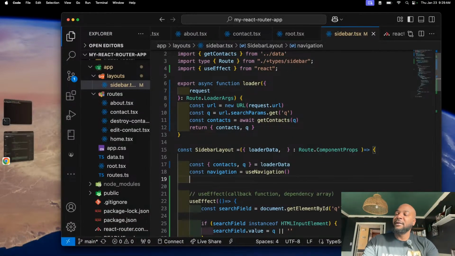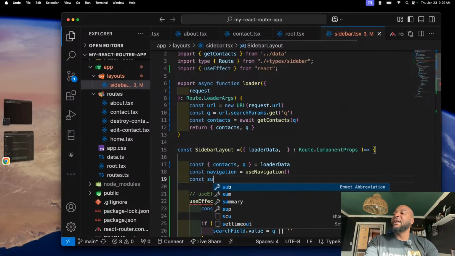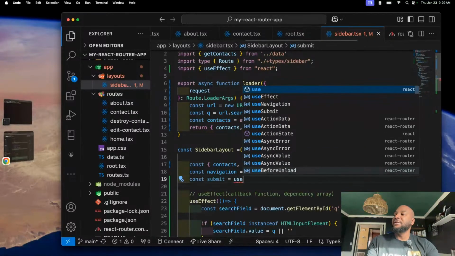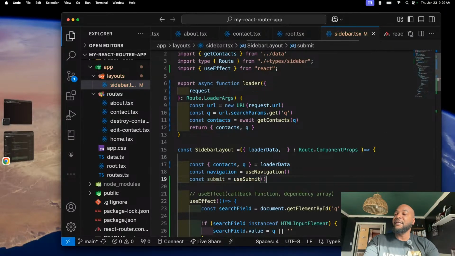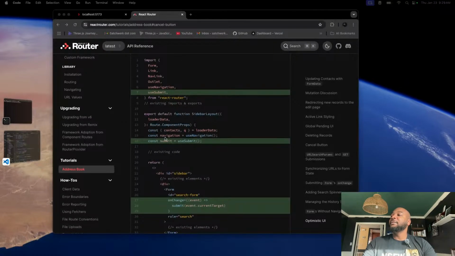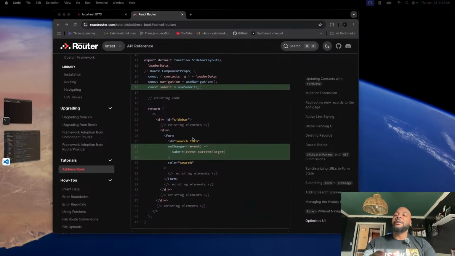So right here, we're gonna add useSubmit. We'll say const submit. It's an instance of useSubmit. I believe they just called it submit. Sure did. Okay, cool. And so now what we want to do is we want to say, hey, on the change. So in other words, whenever this form changes,